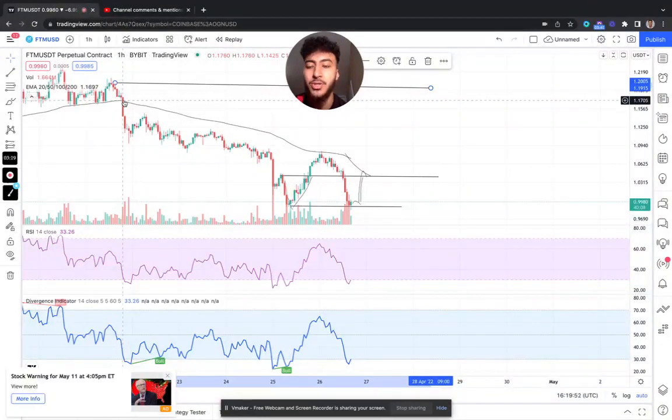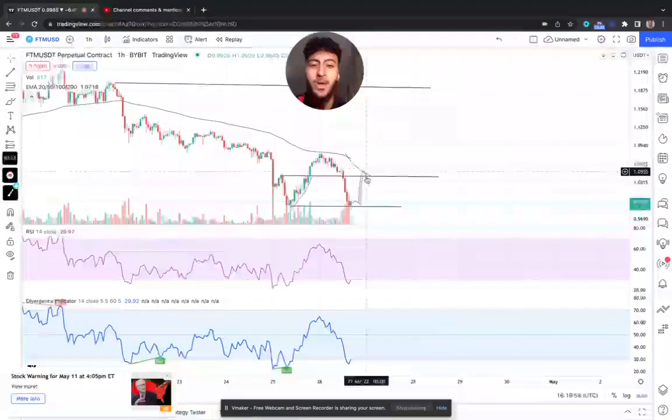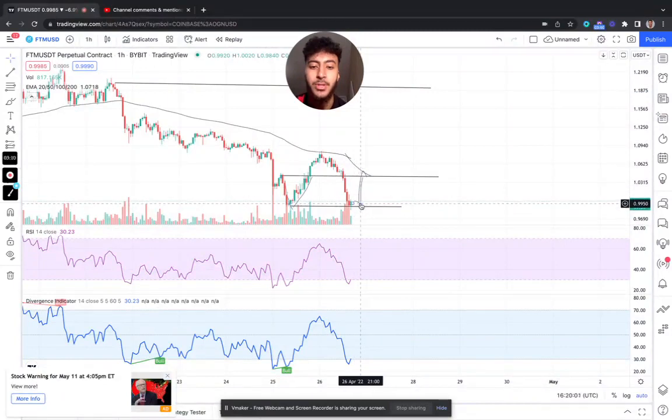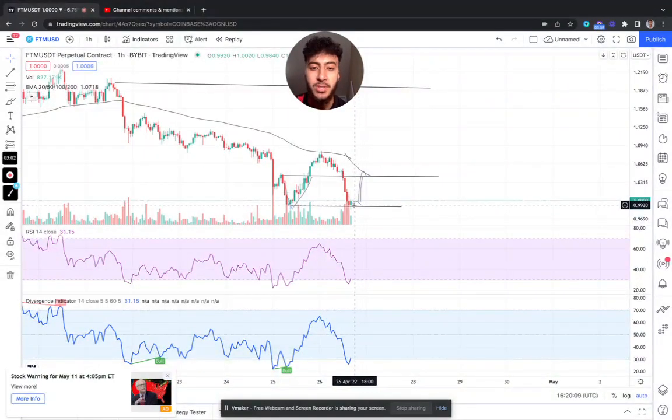So this was the structure where price started at, okay? So it's important to see how price will react from there depending on how we first break out of these levels here and see how we react from this support level. So this will be a great indication to see that FTM is changing its momentum depending on how we react from this level. As of now, you can see price is waking up now,